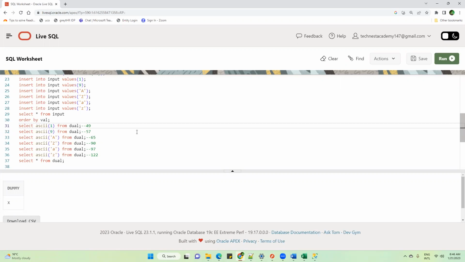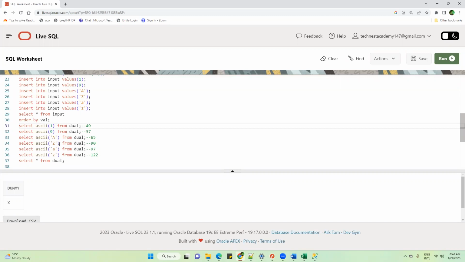For this example we have only around 6 rows, so what if there are 100 records and we need to find the ASCII values? Same thing. You have to write select ASCII, that value from dual, and it will give you that value.